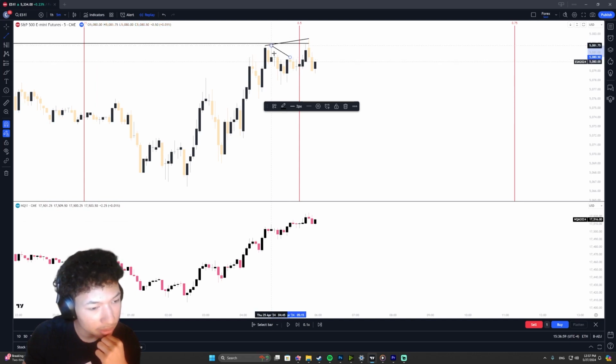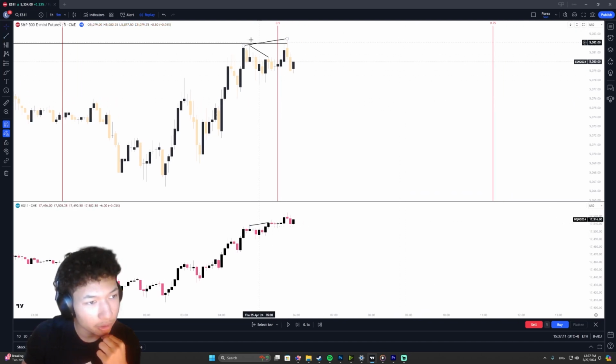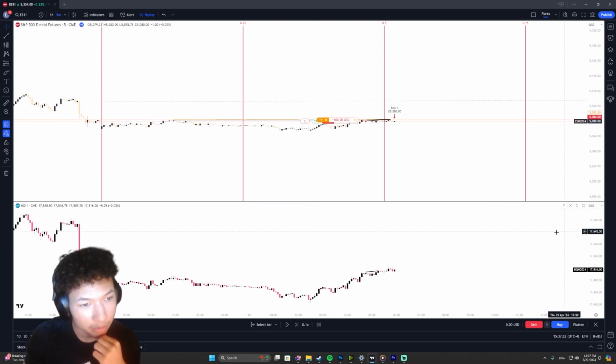All right, so you see we have an SMT here. So we found an LR, we found an SMT on the highs, meaning we could get in sells. So our stop loss at the top of the SMT highs, one tick above, and then we could target